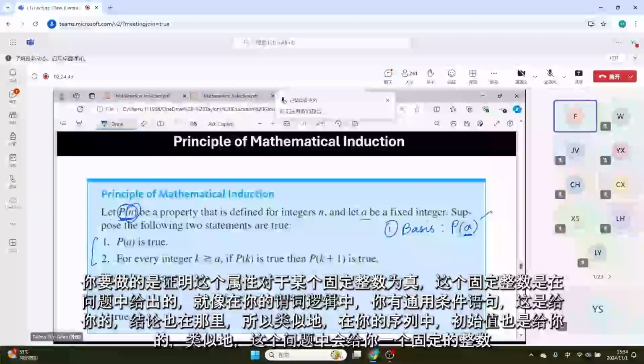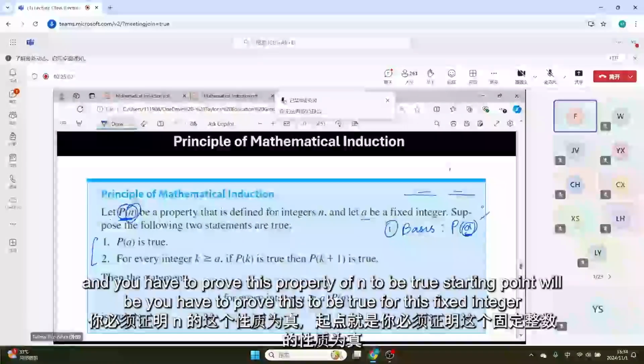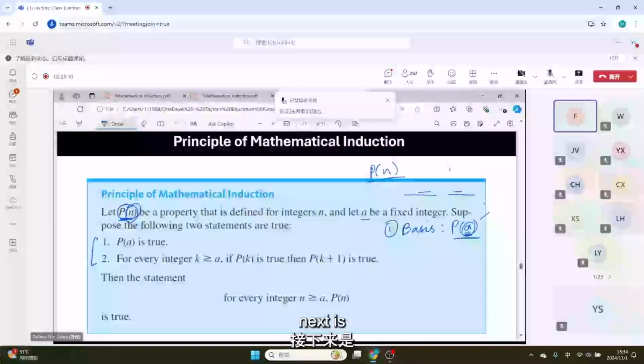Just like in your predicate logic, you had a universal conditional statement where the hypothesis and conclusion were given, and also in your sequences, the initial value is given to you. Similarly, this fixed integer a would be given to you in the question, and you have to prove this property of n to be true. Your starting point will be to prove this to be true for this fixed integer. Then next is